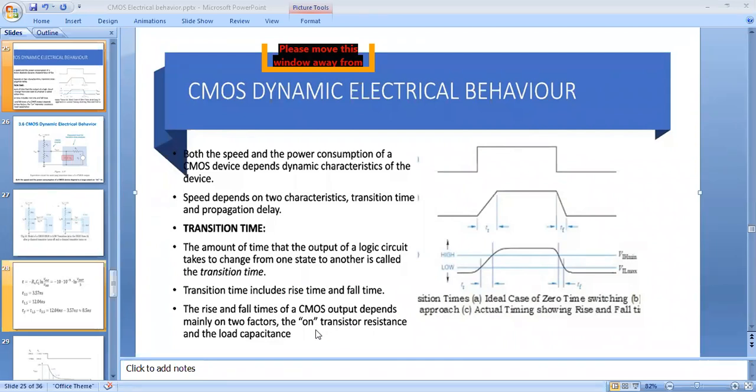Suppose we take a CMOS inverter circuit. Physically there is no capacitance; we do not connect any capacitance in that circuit. You already know an inverter circuit is formed with PMOS and NMOS. We consider only those two devices. There is no capacitor physically. But here we have some capacitance, which is due to stray capacitance. I already explained the stray capacitance, how it is formed.